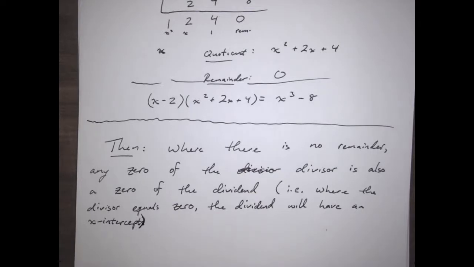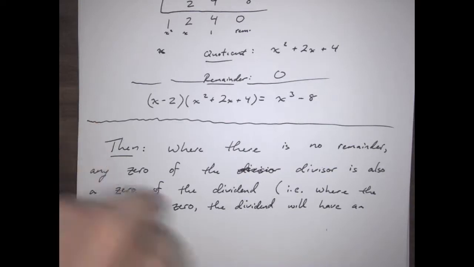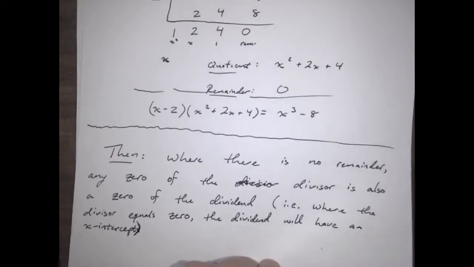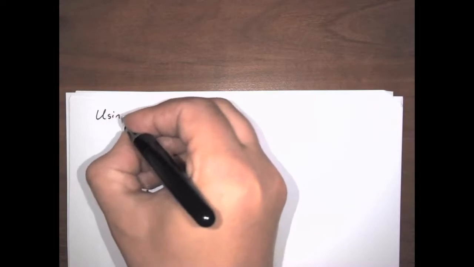Now, what this actually means for us is that if I were given a graph and I were able to read off an x-intercept, I could use that to figure out what polynomial it was, as long as I knew what other factors there were. So using this,